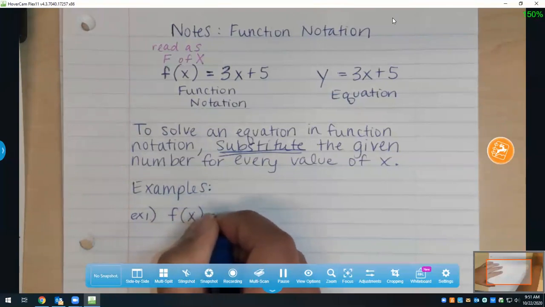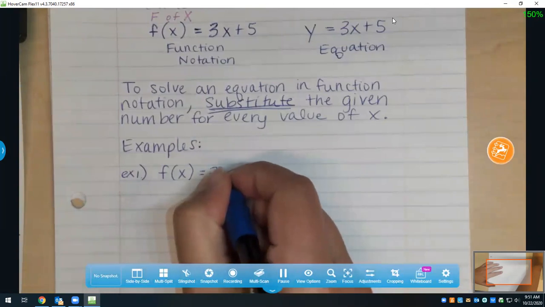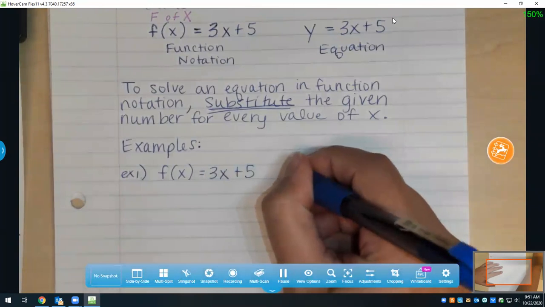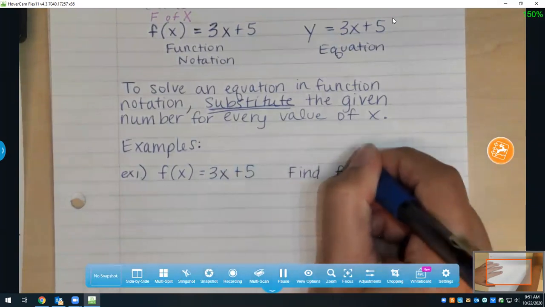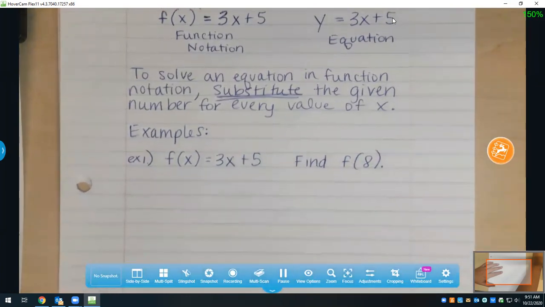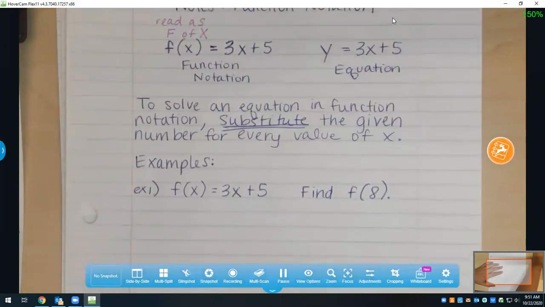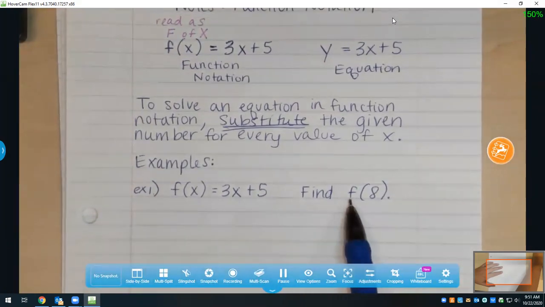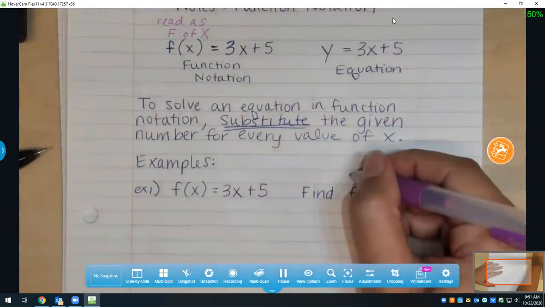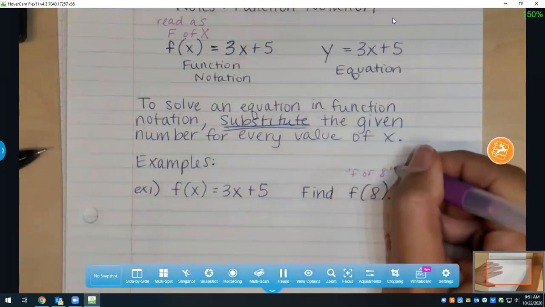So let's say example 1, you're given the following. We have f of x equals 3x plus 5, and I'm going to ask you guys to find, and this is the notation that y'all will see, find f of 8. All right, so to find f of 8,